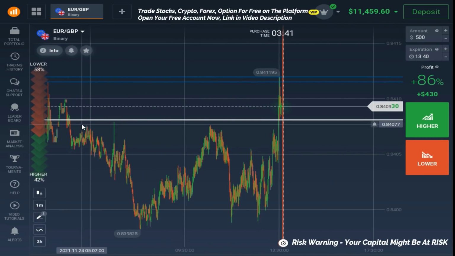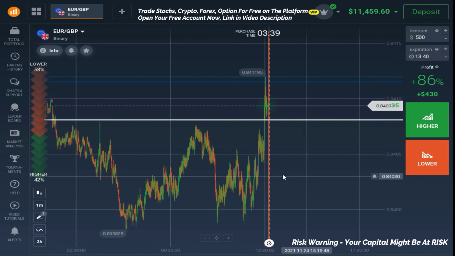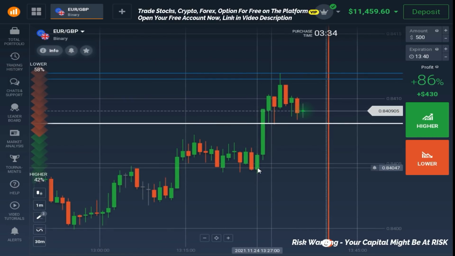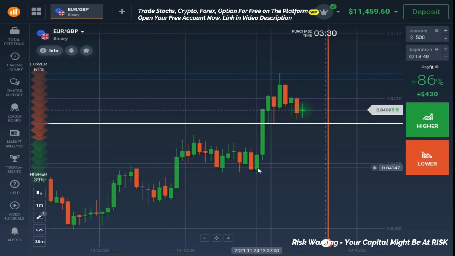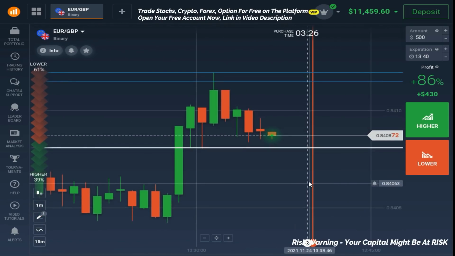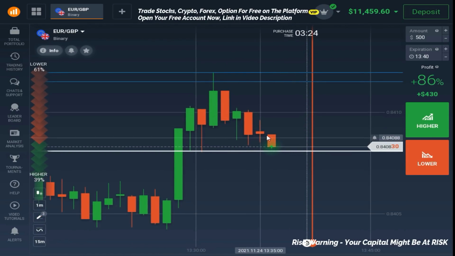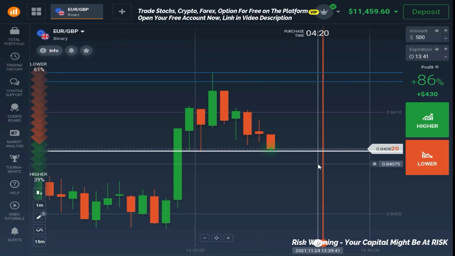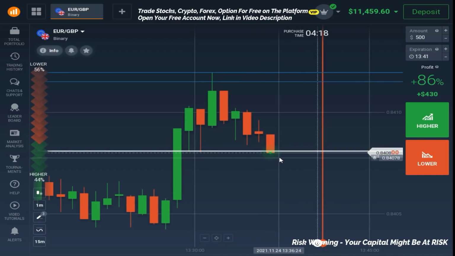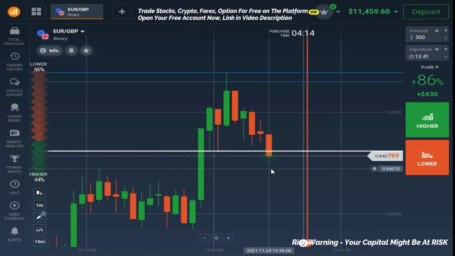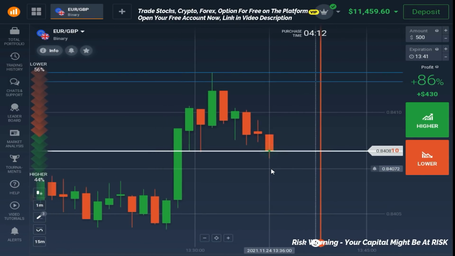this was the neckline, and it's been broken by the strong bullish candle. So it's a sign that the market will go in the upward direction in the near future. And you can see that the market is getting weaker. This is a spinning top suggesting indecision in the market. Now the market is at the support level, and it is at the exact level which we want to use, and